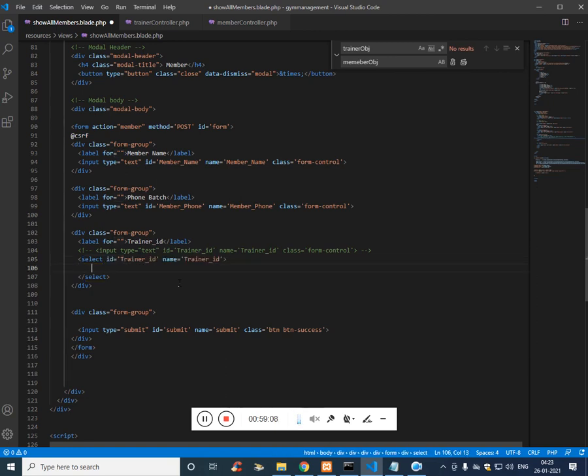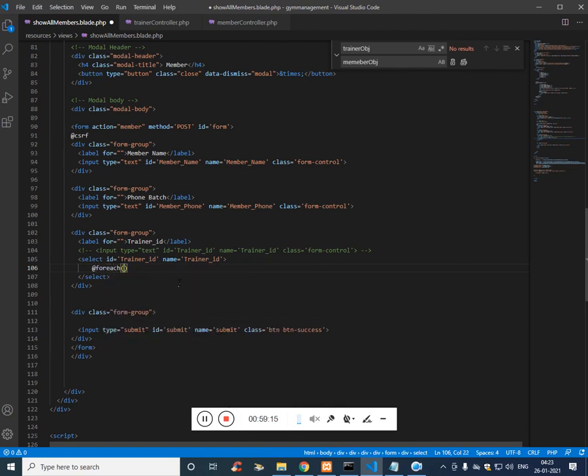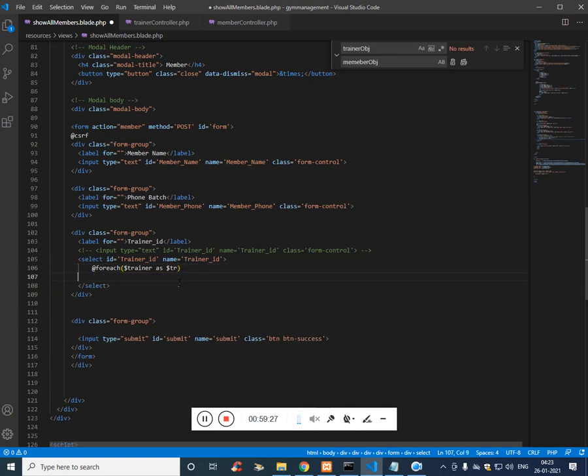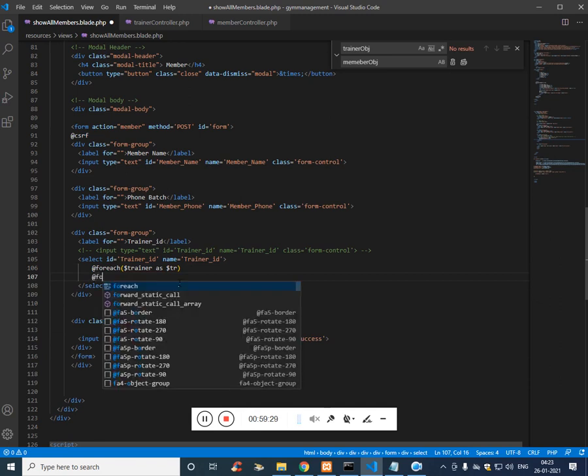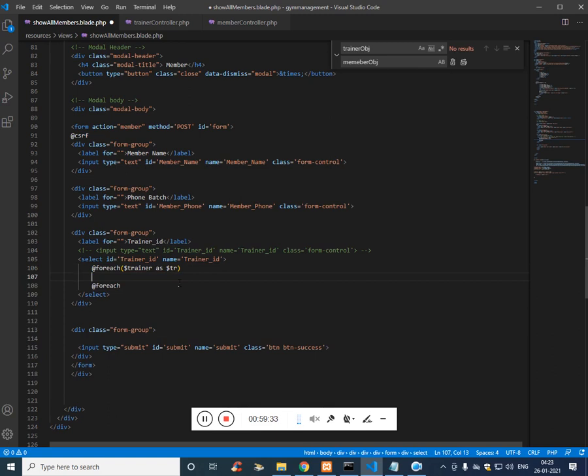And here the option. Before using option, @foreach, and we know the variable is trainer as $. We'll use the same thing, trainer, and end the @foreach, which is @endforeach.